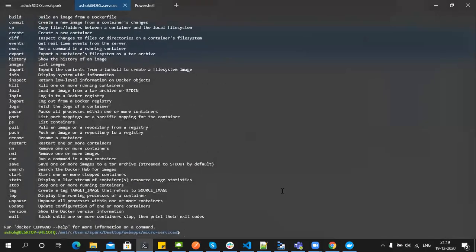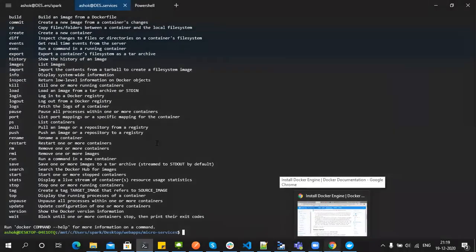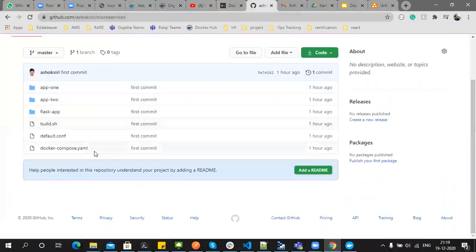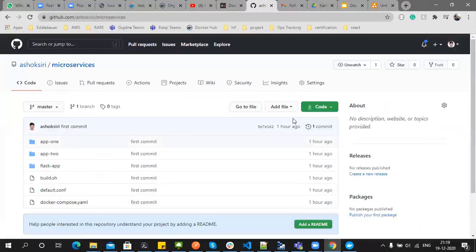For the example, I think Matt has already shared the microservice GitHub link on the meetup. Everyone can download that. So this is a microservice. As Karthikeya said, previously we had the complete application as a single application.